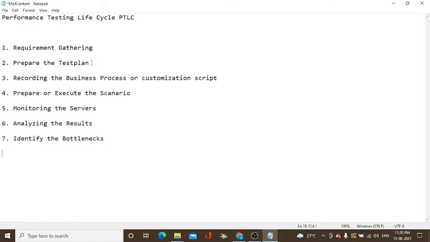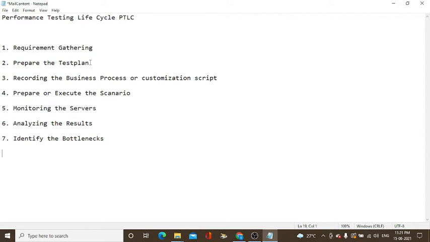Prepare the test plan. In the test plan, the major concepts you need to mention are some project details, what is the main objective, what type of test you need to execute, what is the way you need to distribute the load, how many business flows there are in total, what is your expected target throughput, what is your expected response time, what is the SLA, and what are the tools and technologies we use for testing and monitoring, and what is in scope, out of scope, entry criteria, exit criteria. All these details you need to mention.